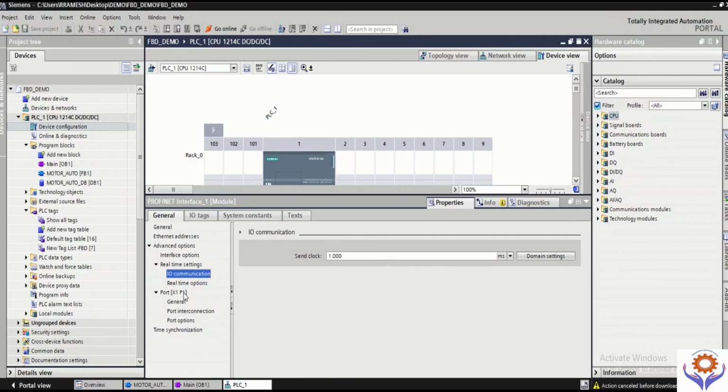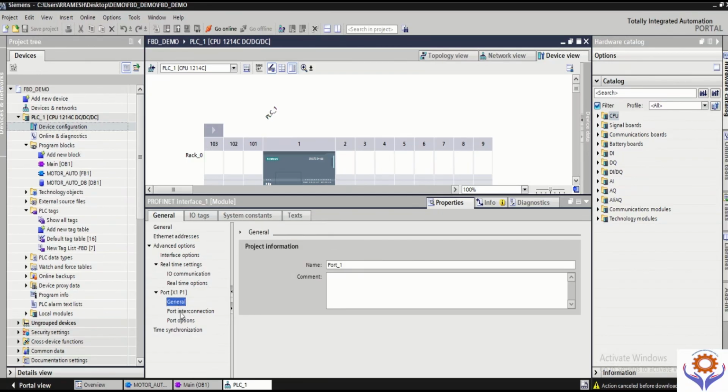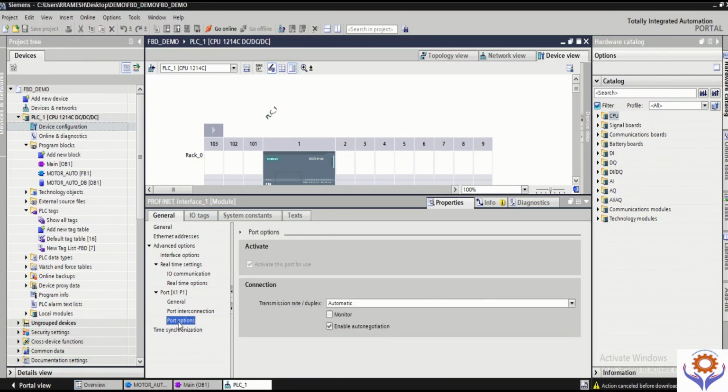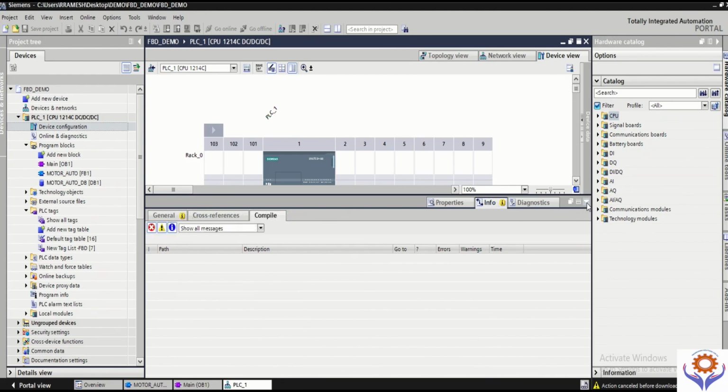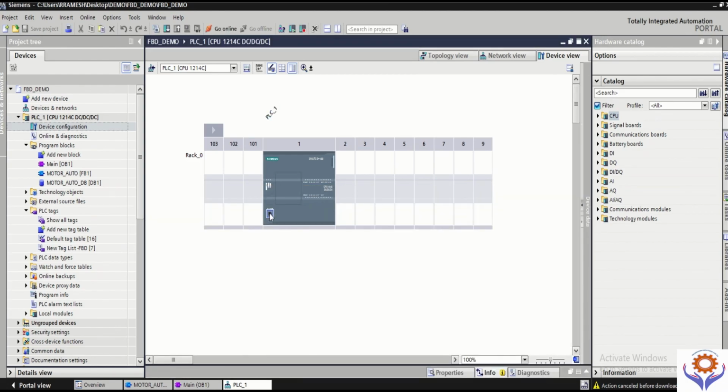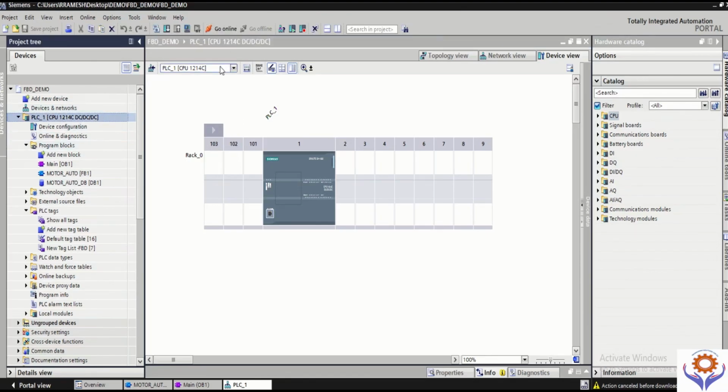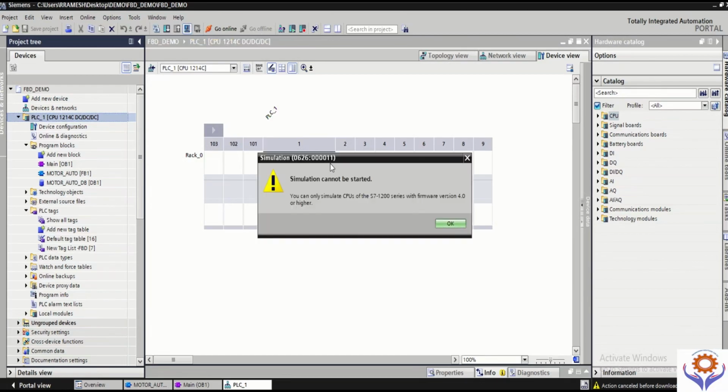So I need to check where is the problem. See, it looks everything is okay. What I will do now, again I will try to find the diagnostic of this. For that, just click here and try to connect again. You will find some error. Or just start simulator. See, it is showing that the simulation cannot be started because you can simulate the CPU